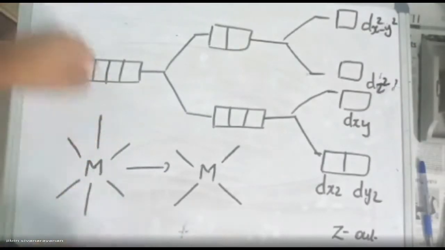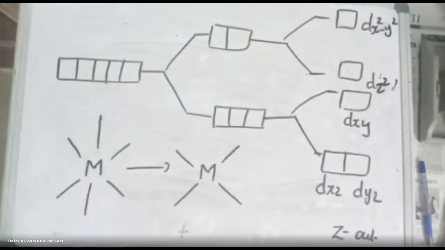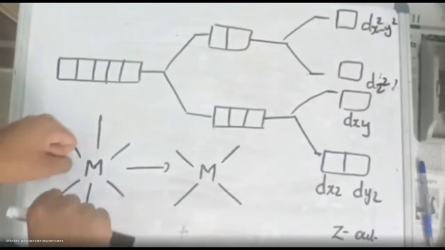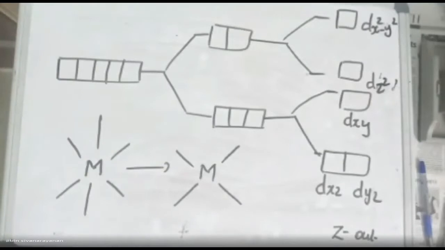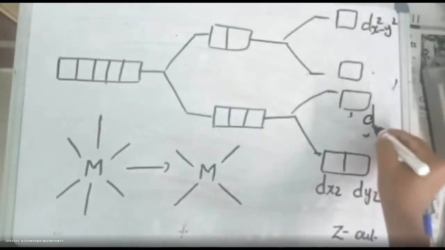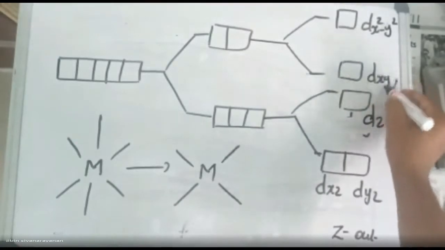So what I have written here is tetragonally elongated, that is z out. From z out, we can easily make square planar complexes. How? We can remove that elongated axis, right? If we keep lengthening that elongated axis, we will get square planar complexes. If we are again elongating that z axis, it will always be lower in energy. So you just replace this: dz square comes here, dxy goes there. Now this is the orbital diagram for square planar geometry.